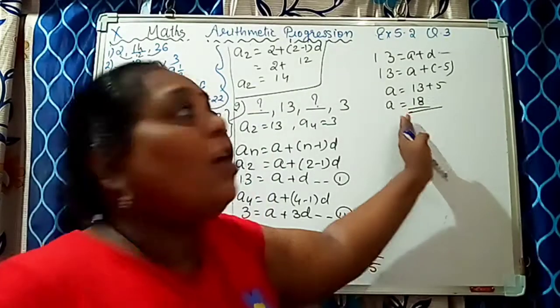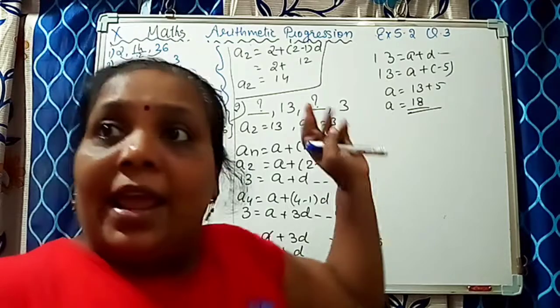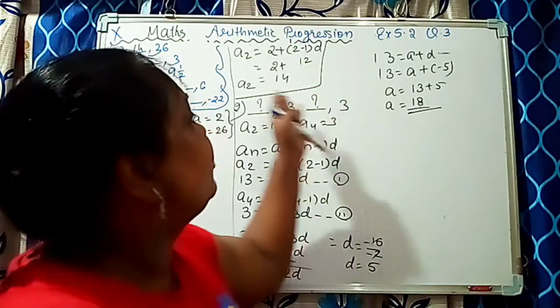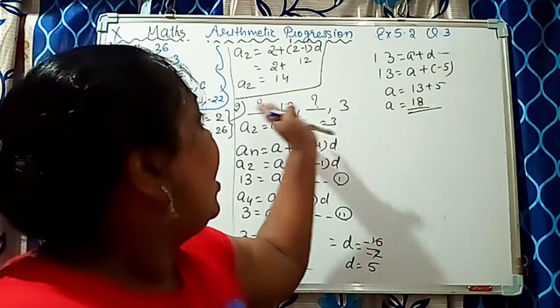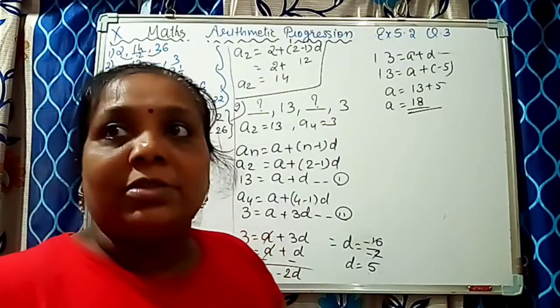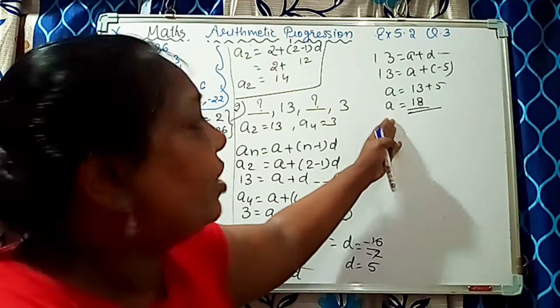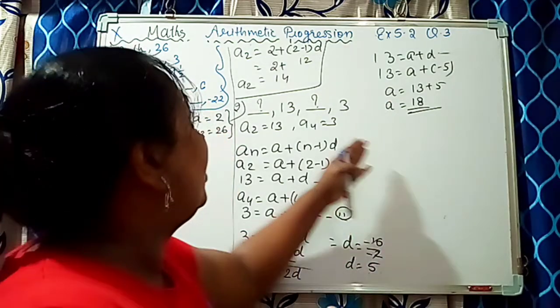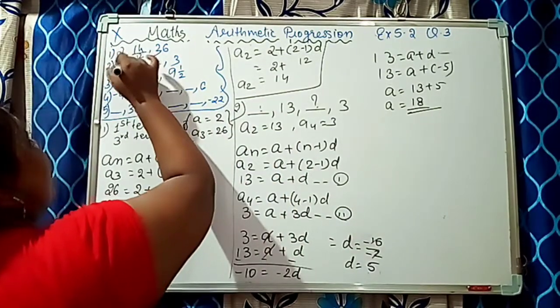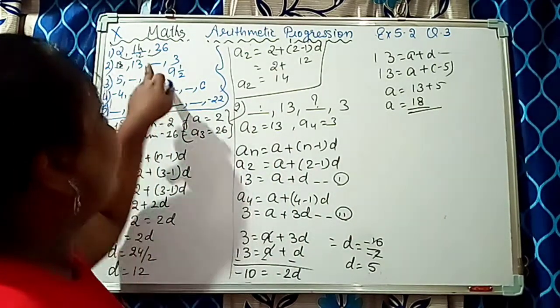Okay. We have found out the first term here, 18. Okay, the second terms also, it means the difference will be there, like that 18, 13, 8, 3. We will get these sums. Okay, we have found the first sums. Now we have to find out the third term. Okay, here we got the answer 18. So here we have to find the third term.